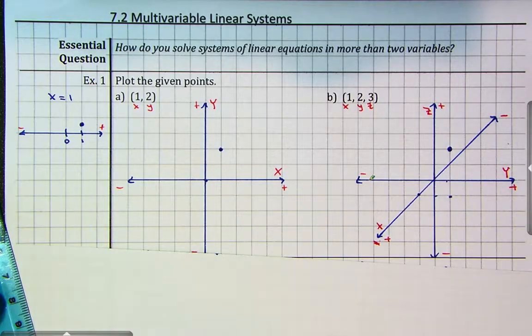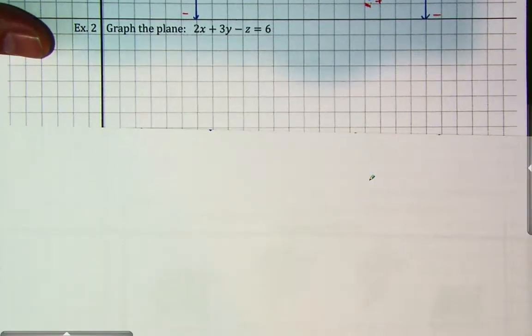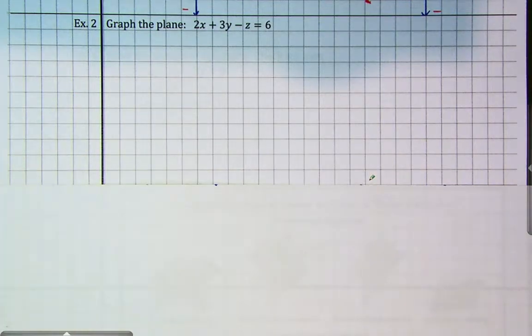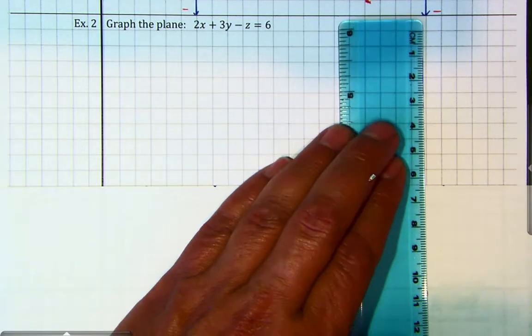So now let's go through example number 2, and now let's go and graph a plane. Go and copy it down, and we'll start once you're ready. Go and pause it. So now let's go and build your, once again,